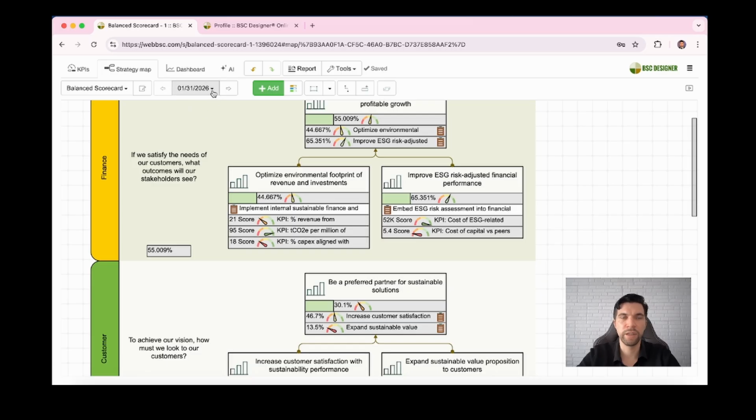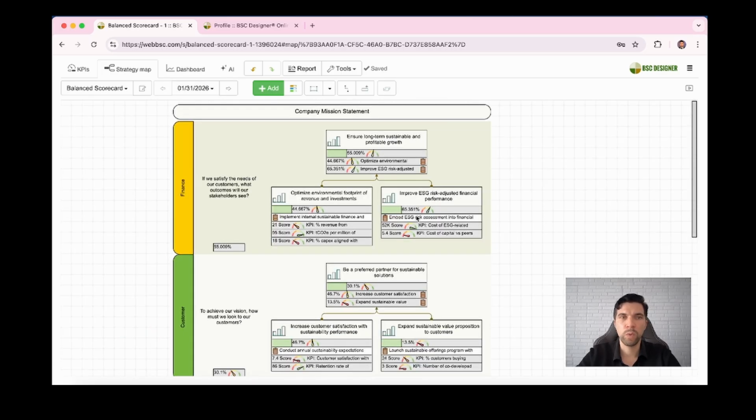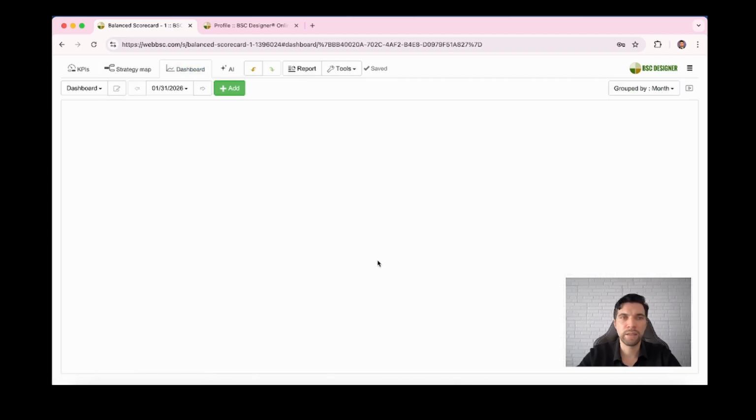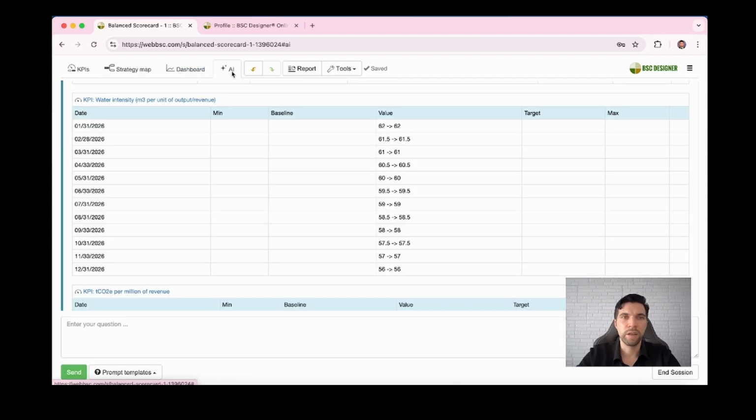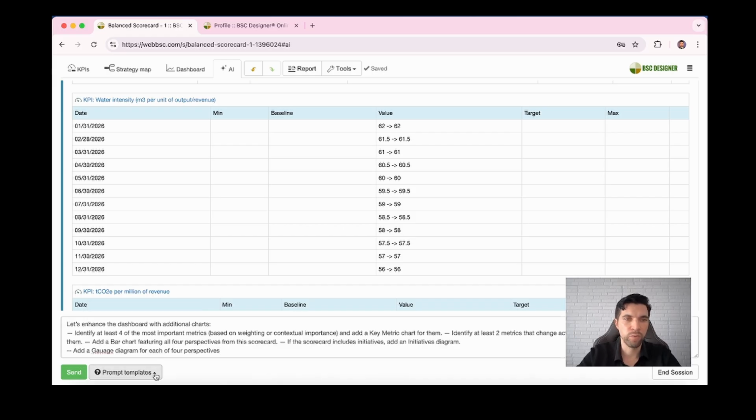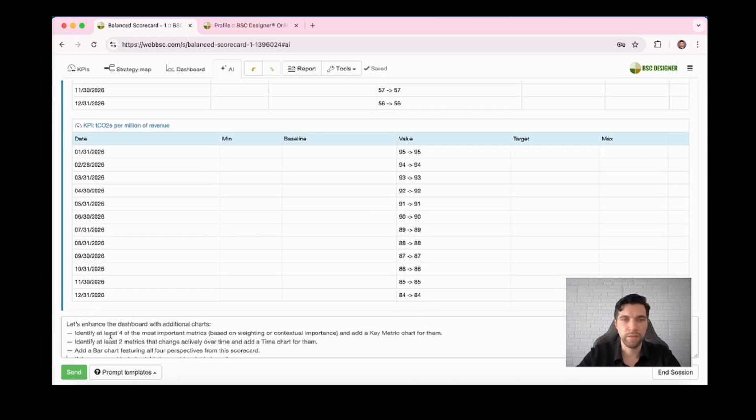It's for January 2026. And what we can do now is to ask AI to fill in the dashboard with some nice charts. For this, we don't have a prompt yet, so I will copy and paste the prompt that I have prepared before, where we basically establish certain rules for adding charts. So what we ask for is to add